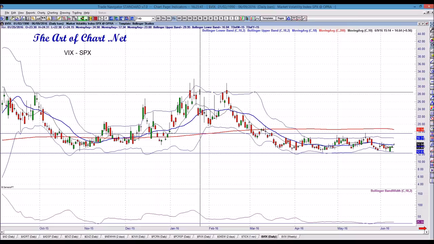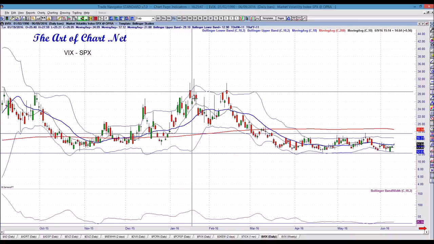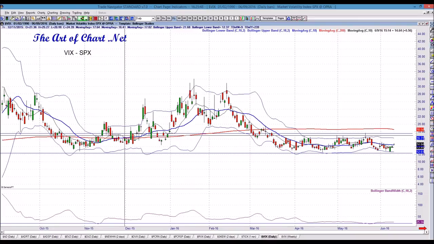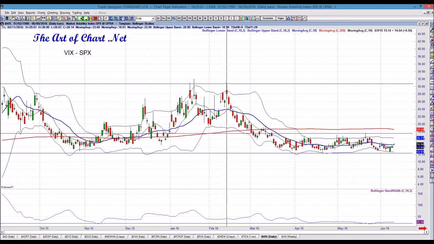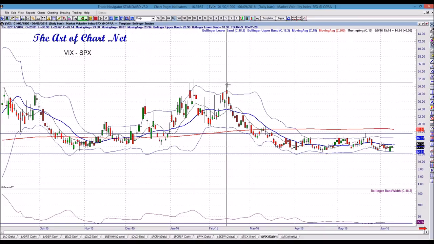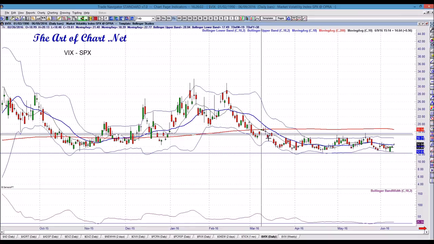This is more of a longer term indicator. It's not a short term indicator at all. It's like it's predicting the next couple of months worth of movement. And so on the bullish side, there's that. On the bearish side, you get up around 30 or so. That's a fairly significant number in the VIX. And I look for a break of the middle Bollinger Band, and we tend to track it on the way down.